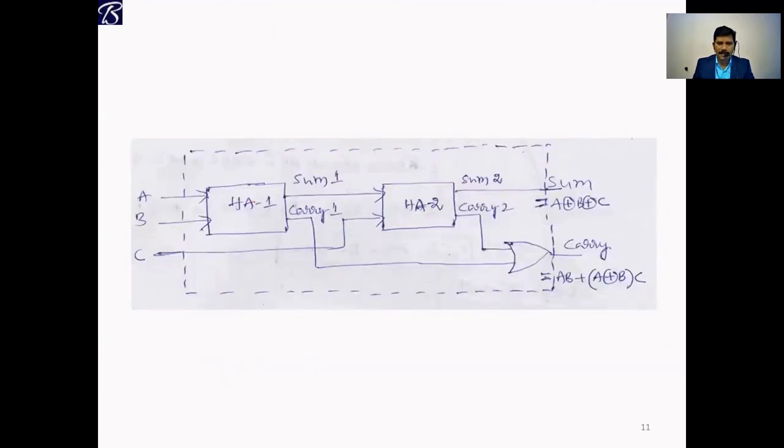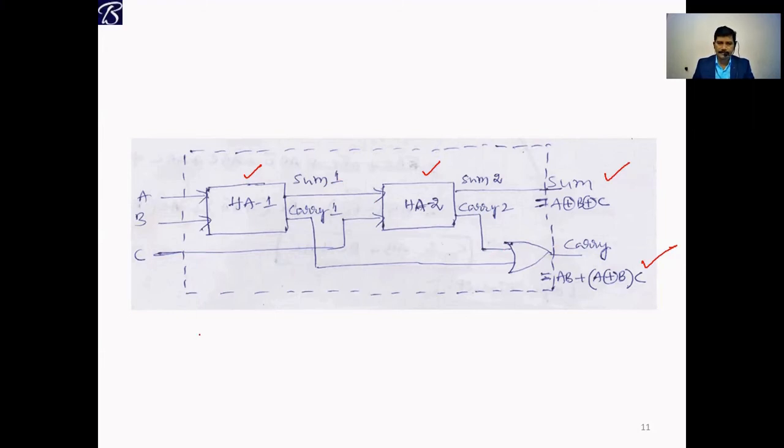So we can replace that half adder XOR gate and AND gate like this: half adder 1, half adder 2. Take this sum 1, carry 1, and sum 2, carry 2. This is the sum we will get here. And if you take these 2 carries and give them to an OR gate, then you will get this one. The conclusion here is to implement a full adder, 2 half adders and 1 OR gate are required. The OR gate inputs are the 2 carries of these.